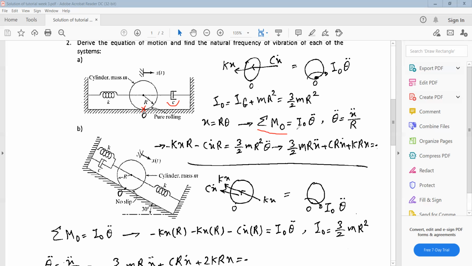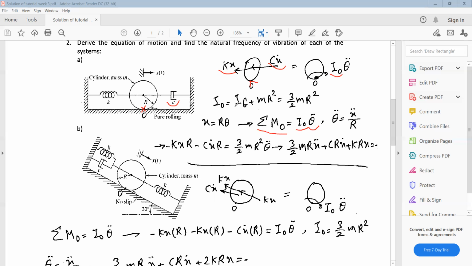It must be equal to the mass moment of inertia about point O multiplied by the angular acceleration, which is called theta double dot. So in this equation, we can plot the free body diagram. We will have two reaction forces here at point O, but we neglect them because when you write the moment equation about point O, they will not appear in the equation. We have one force due to the spring and one force due to the damper, which is Cx dot, and x is R times theta, and IO, which is the mass moment of inertia about point O,